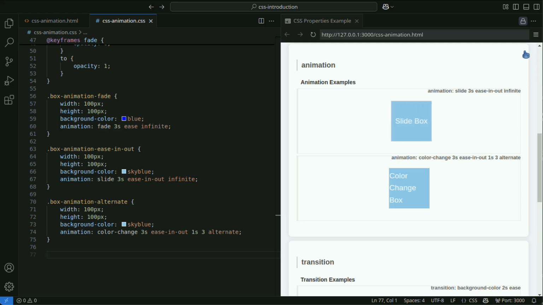The animation-fill-mode property specifies the state of the animation before it starts and after it ends. You can specify any of none, forwards, backwards, or both. The animation-play-state property specifies whether the animation is running or paused.